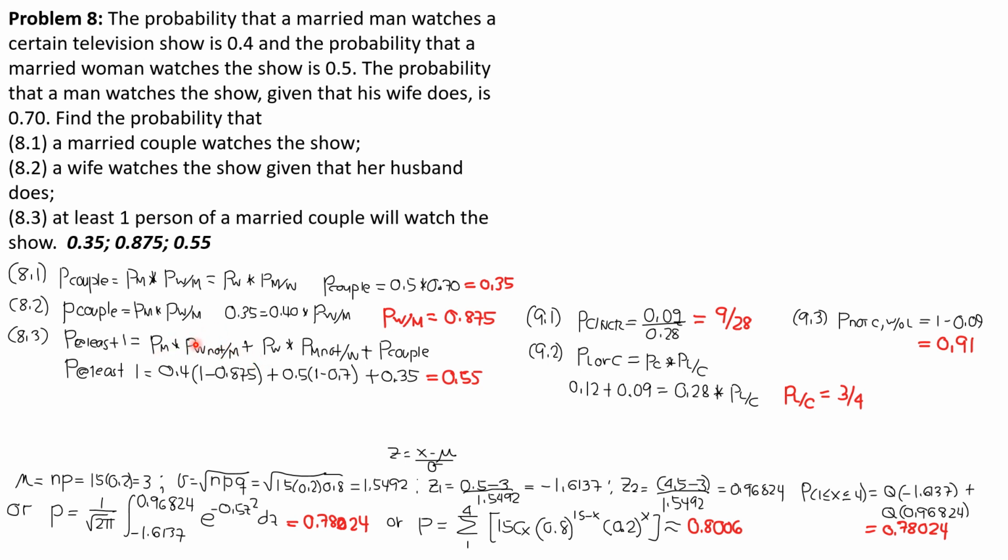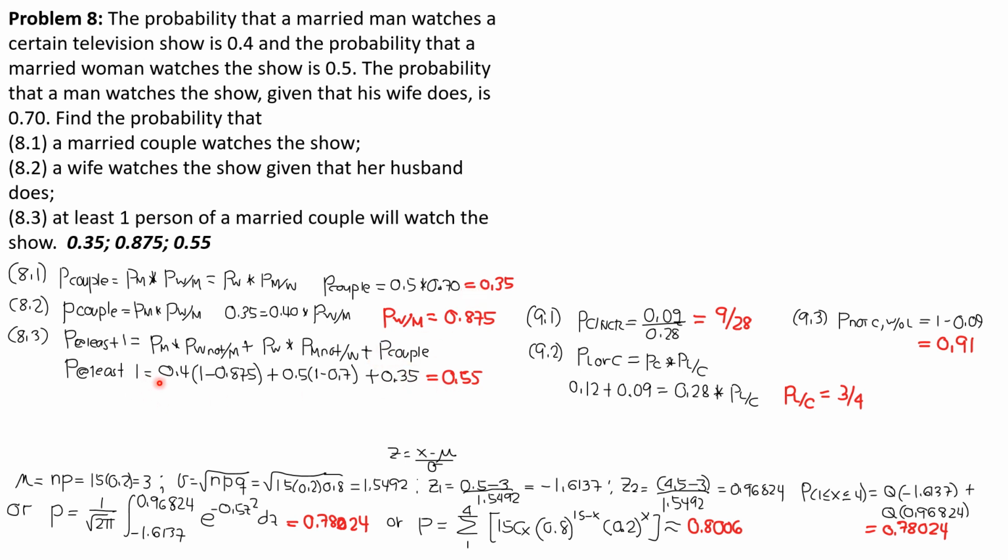is simply equal to 1 minus this probability here, plus the probability that the woman watches times the probability that the man will not watch the show given that the wife watches, and plus the probability that both of them will watch the show, because the question is at least one person of a married couple will watch the show. So if both of them watch the show, that also satisfies the condition, and this is already given, so